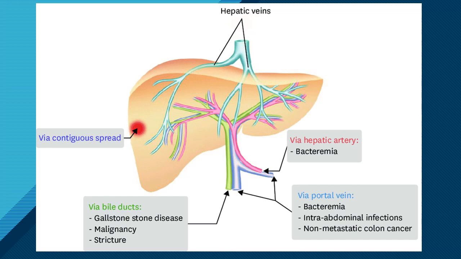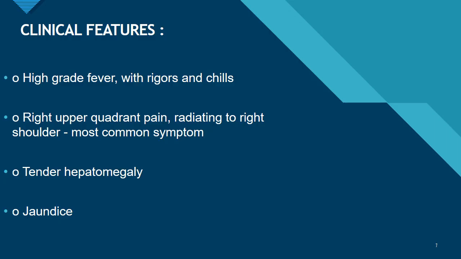via portal vein if there is any colonic disease like diverticulitis, Crohn disease, pancreatitis, intra-abdominal sepsis, non-metastatic colon cancer. So these all can cause entry of the E. coli or Streptococcus milleri or any organism which causes pyogenic liver abscess into the liver, and it will result in abscess. Clinical features may include, as I have told you earlier, a high grade